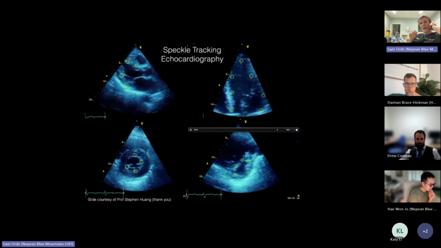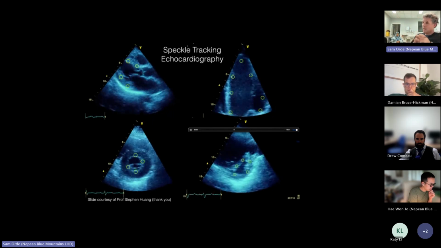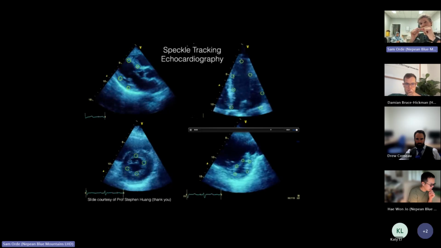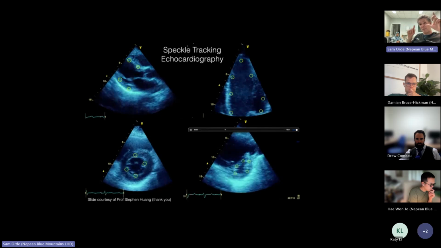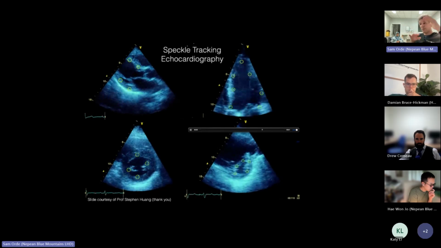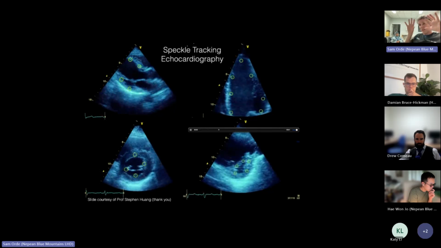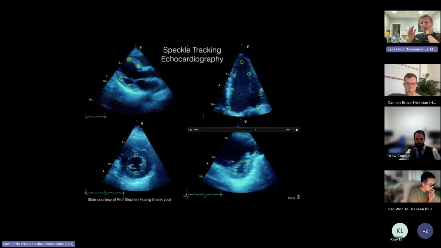Those little dots are actually quite stable throughout the cardiac cycle, because as the ultrasound hits them, it scatters when it hits tiny little myocardial fibers. And those scattered waves, that's what makes up the speckles, because some of those scattered waves join with others and are destroyed, and some of them join with others and are made bigger. So you get this kind of patchy black and white speckled appearance to the myocardium,